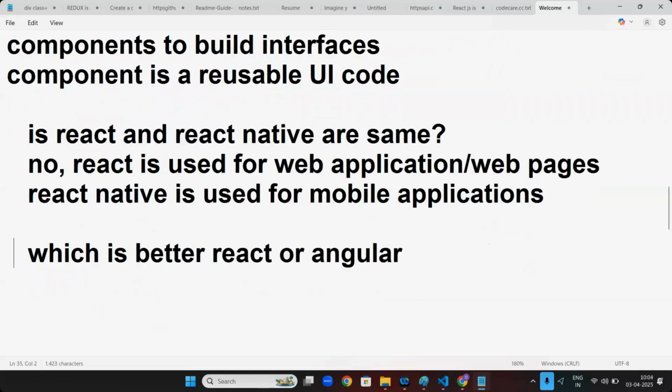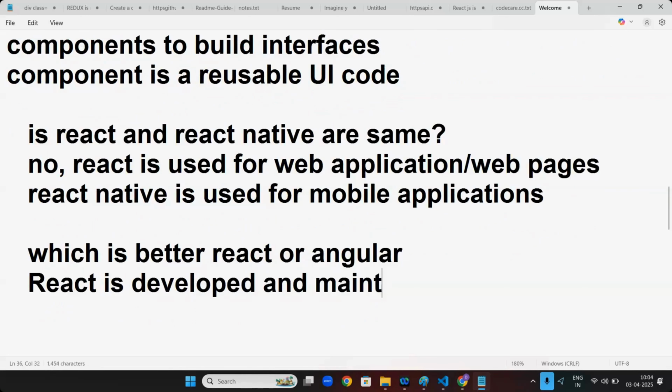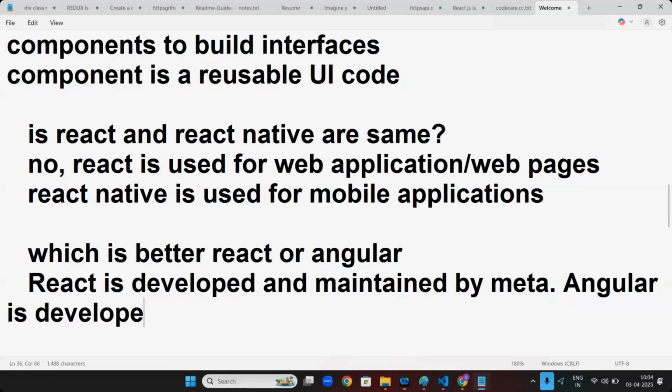First of all, React is developed and maintained by Meta, and Angular is developed and maintained by Google.